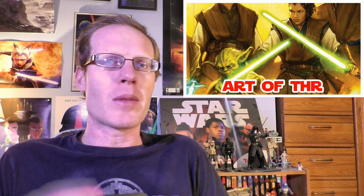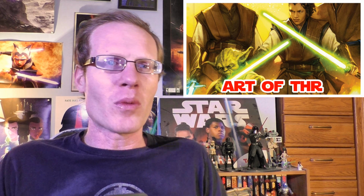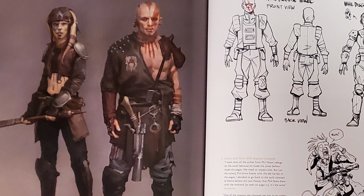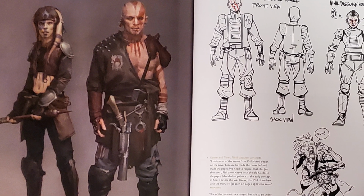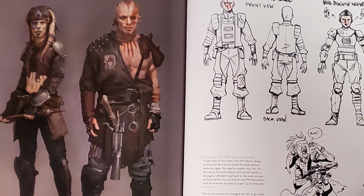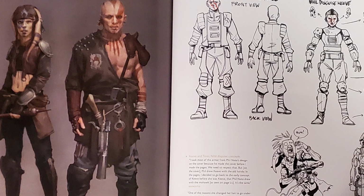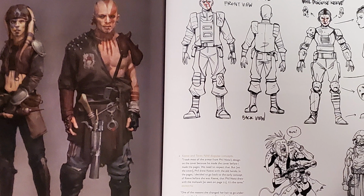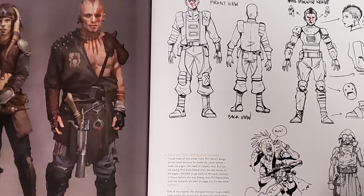It is basically like the beginning documentary for The Phantom Menace, or The Empire Dreams, or some of the recent cool documentaries on Disney Plus about the different series. This is that for the High Republic, and it makes so much sense because this is a written form first only, so we're getting the written form in a documentary for the written form. So yeah, this could have easily been called The Making of the High Republic instead of The Art of, but